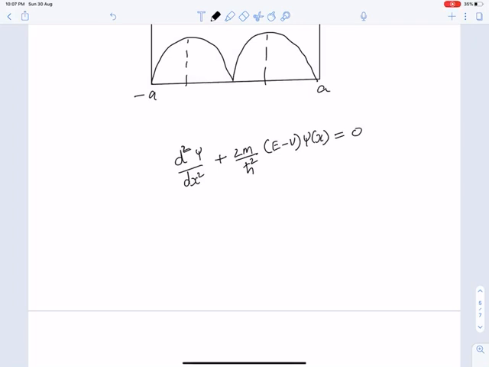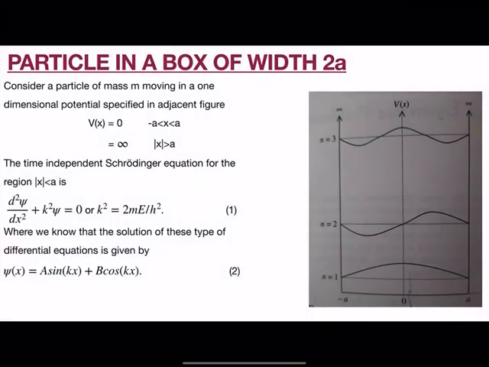So this is the equation. Here v is equal to 0, so you come up with 2me by... here v is equal to 0, so you come up with... so here we have done, I solved it. So this is equation number 1. Okay, so now